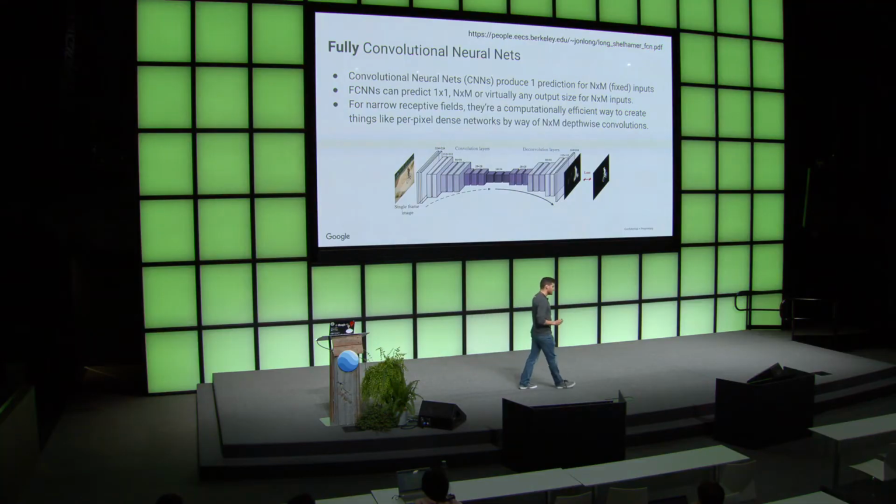So instead of ending our model with a dense layer, we'd like to be invariant to the size of our input. So that's where we get the fully convolutional name: the internal piece of this model is no longer a dense layer. We can get away with 1 by 1 convolutions that are proxying this fully connected layer, but at every pixel of the feature layer, which is this innermost layer. So that's our second ingredient. By using 1 by 1 convolutions mixed with this decoder, we get this fully convolutional neural net.